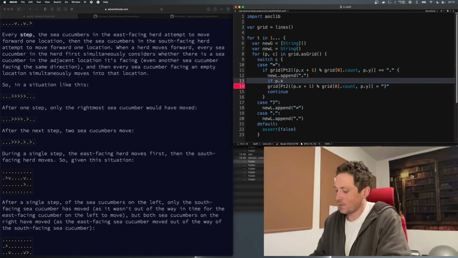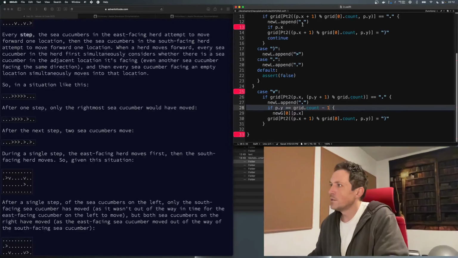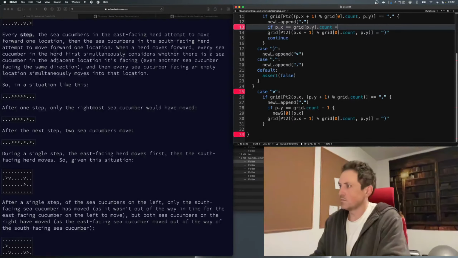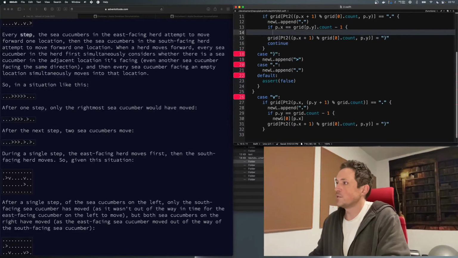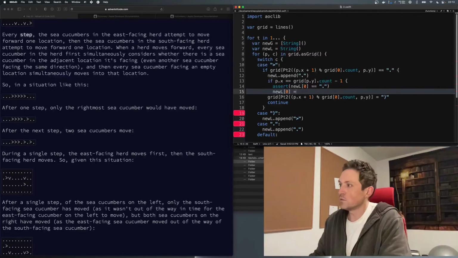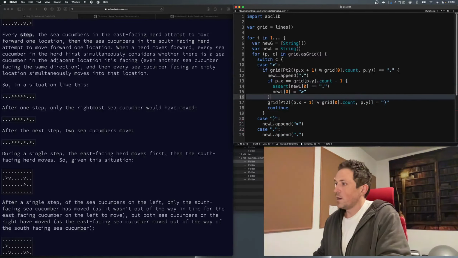If px equals, no, grid count minus 1, grid py count minus 1, then we say new L 0 is a dot, new L 0 gets right, otherwise